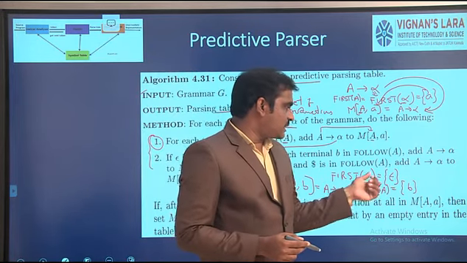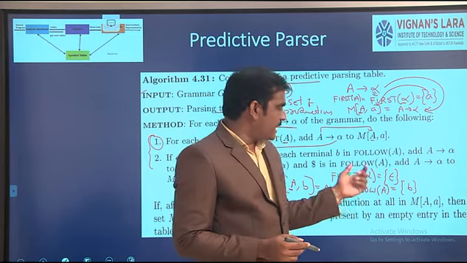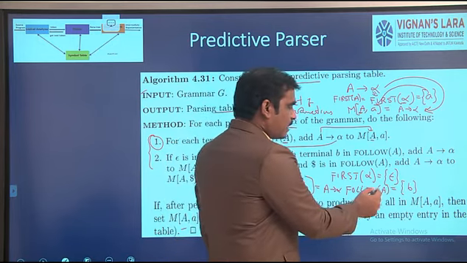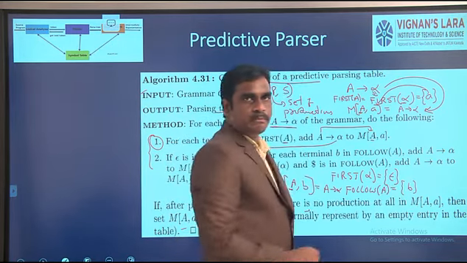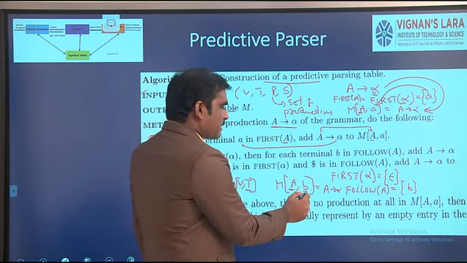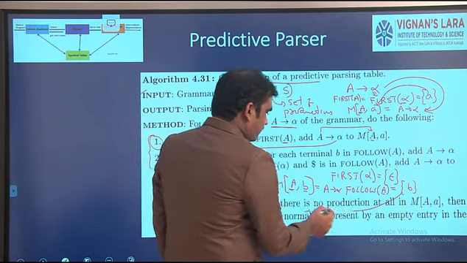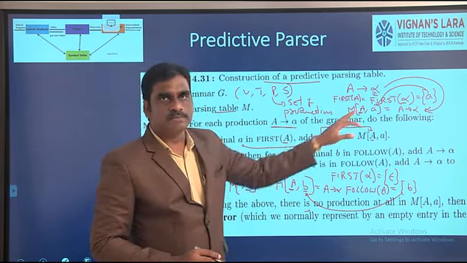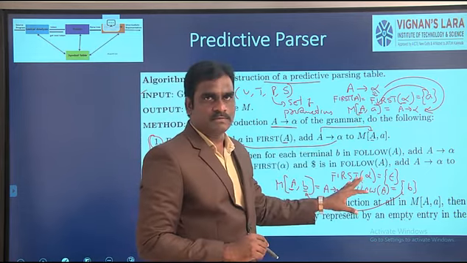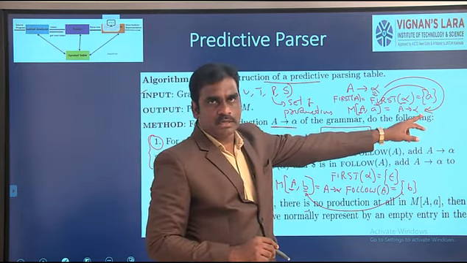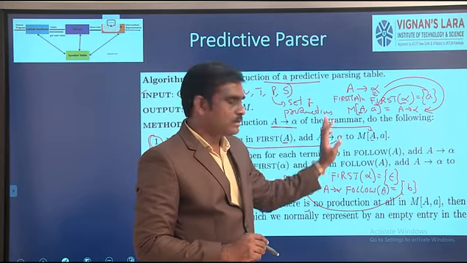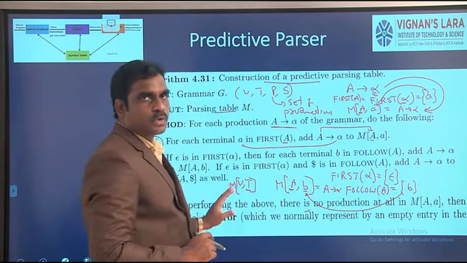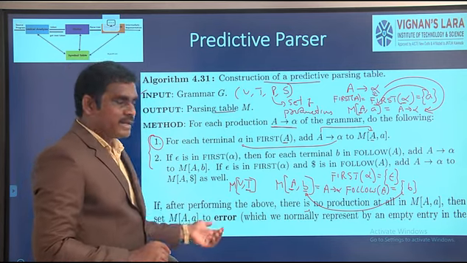So, whenever the first of alpha contains epsilon, then we can immediately calculate the follow of the left hand side of the symbol, that is follow of A. Suppose follow of A equal to B, then the entry is A, and the terminal symbol is follow of the left hand side of the value, this one. Only the difference is the second parameter. Find first of alpha. The first of alpha does not contain epsilon, follow rule 1. Suppose the first of alpha does contain epsilon, then we have to follow rule 2. And the remaining entries are empty.